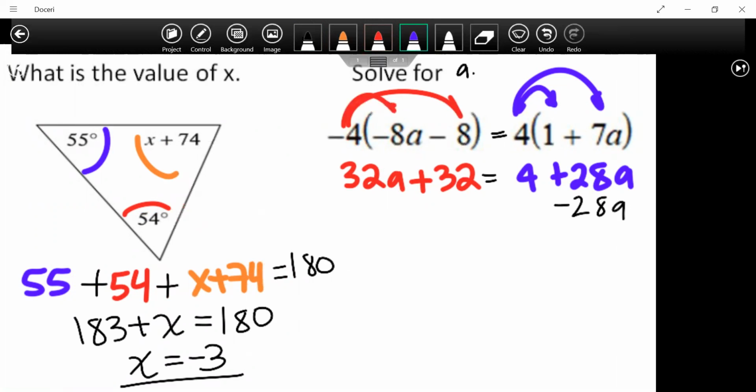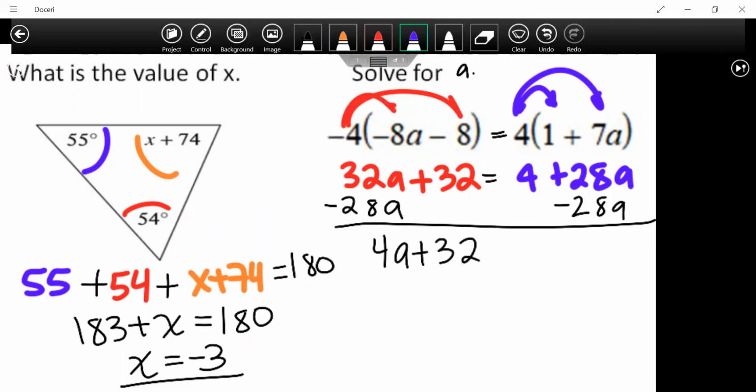This follows the order: distribute, combine like terms, move the smaller value of x, or in this case, a. We're going to go ahead and simplify. We're going to get 4a plus 32 equal to 4. Subtracting out 32 from both sides, we are going to get a solution equal to